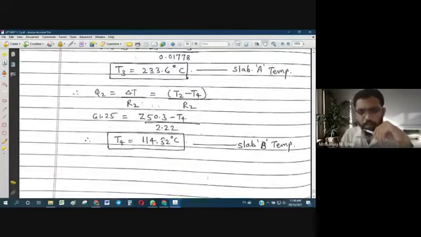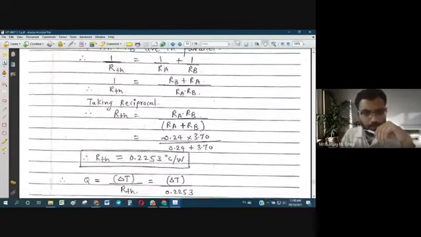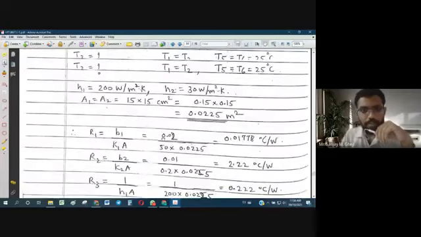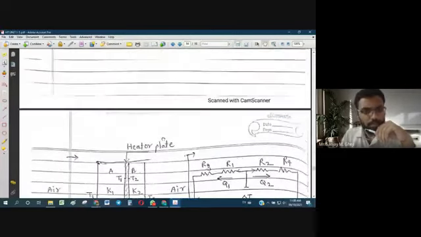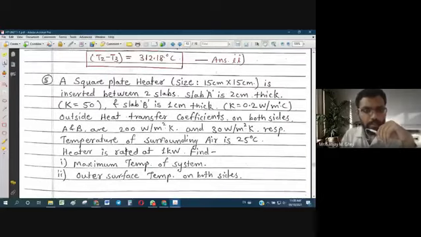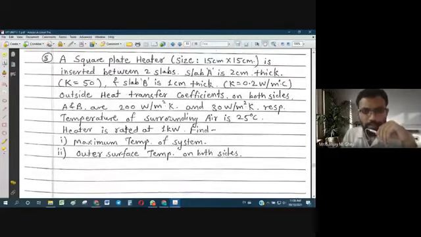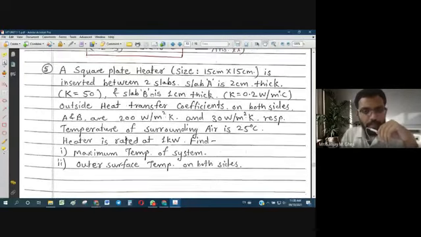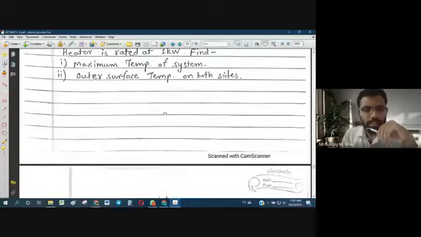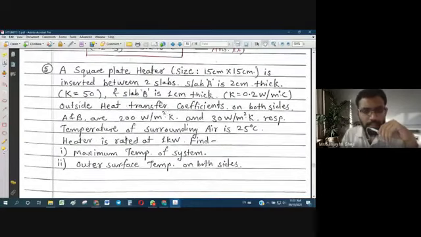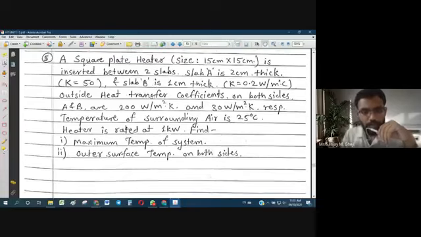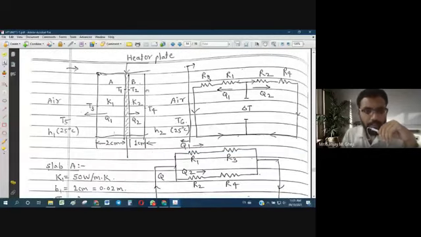So with this, we complete one more type of parallel combination of thermal resistances. The catch in such a problem is to identify whether resistances are in parallel or series. That can only be clear when you clearly understand the given problem statement or situation. Nothing is given about resistances being in series or parallel. That we have to identify, by properly drawing the figure. That is why the figure is very, very important.